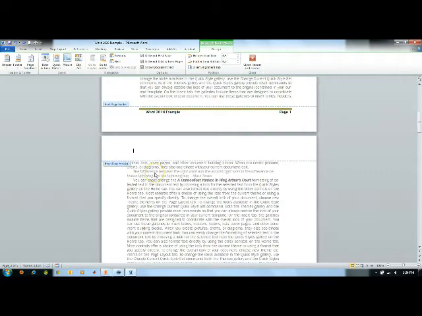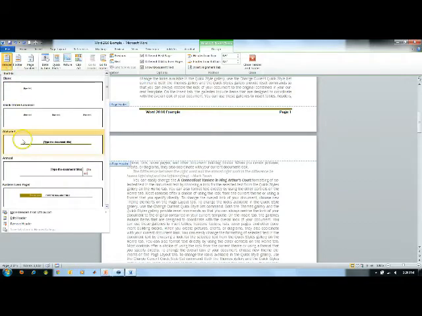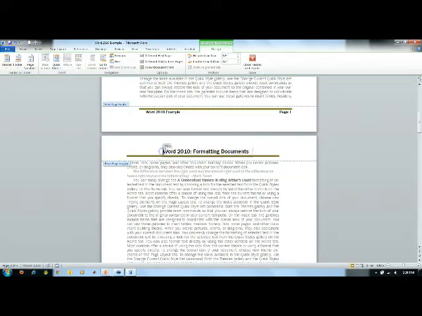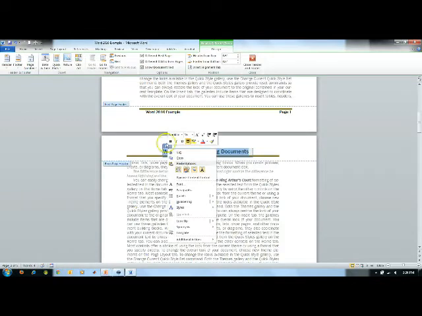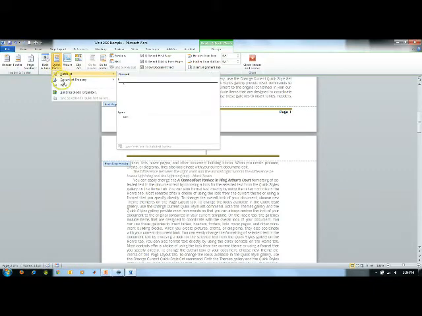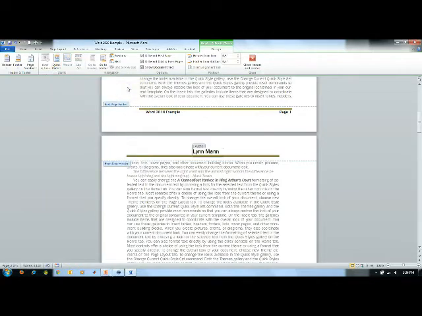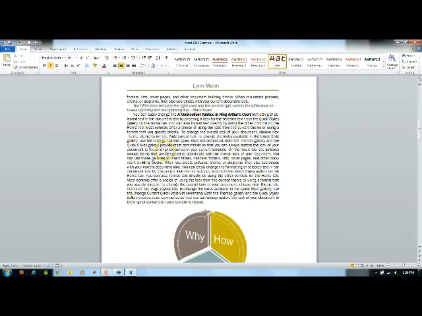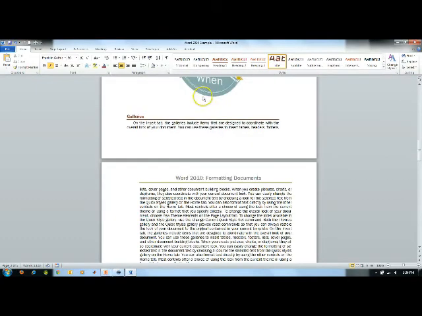For my even page headers, I want my header to again have the alphabet style, but instead of the title, I'm going to delete that. I'm going to put the quick parts of document properties. I'm going to say author. Okay, I'm going to click out of that. Now on my second page, I have my author name, and on my odd page, I have the title of